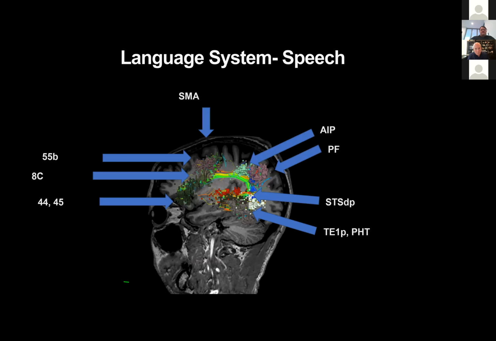Now, when we look at the language system, again, part of the default mode network, but in its extended version, it is a different component. And it's important to know that when we think about language, we have to separate the concept in our heads of speech and language. Now, this network model doesn't totally segregate those out, but in the speech production pathway, we have these areas here